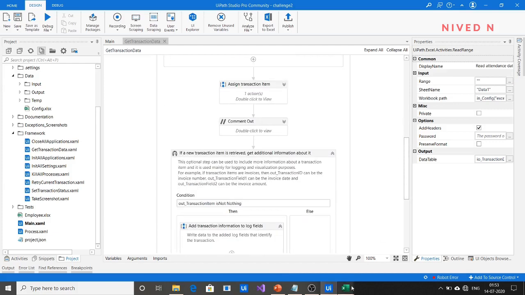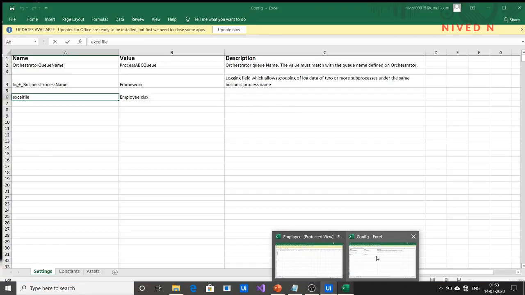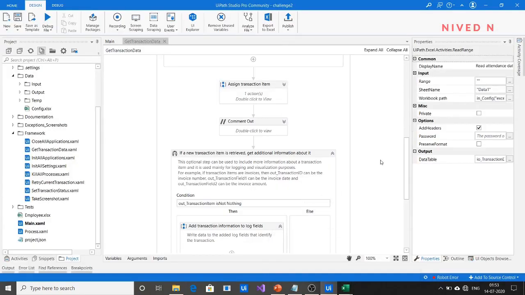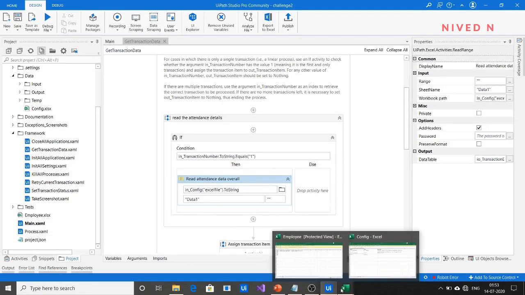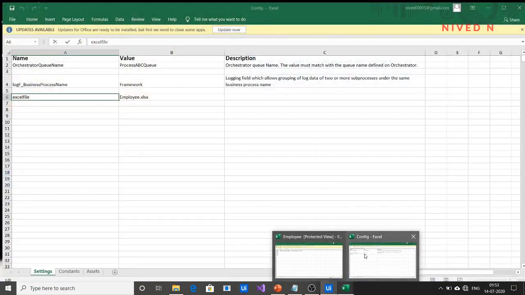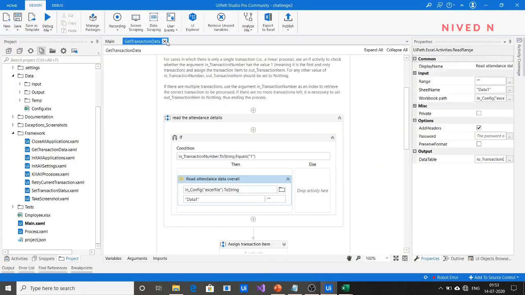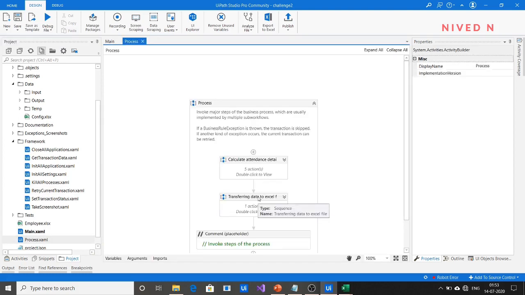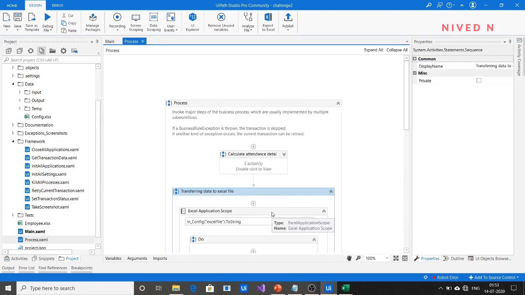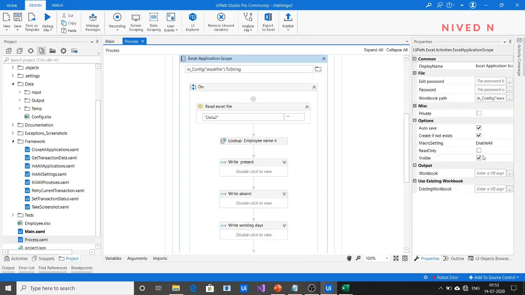Then go to Process Transaction and check.